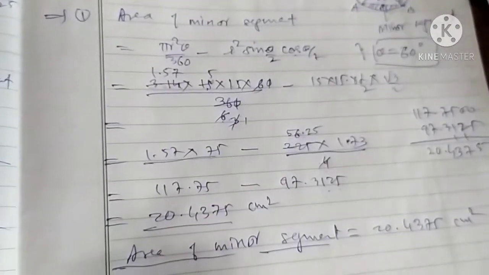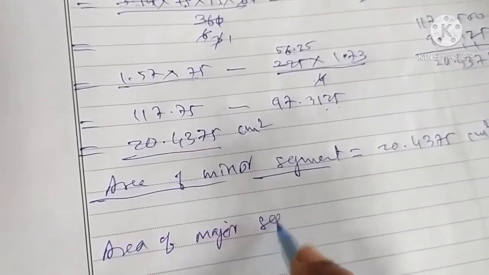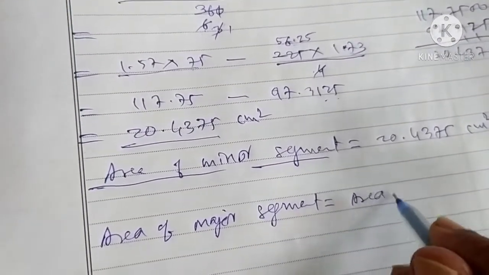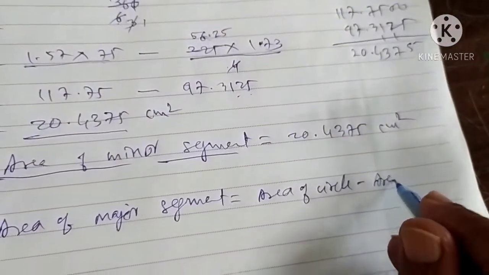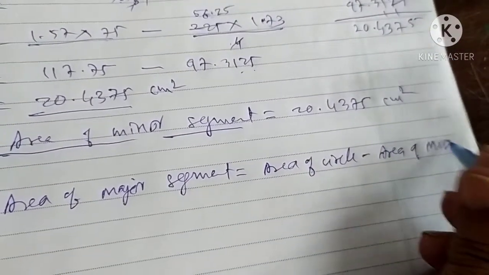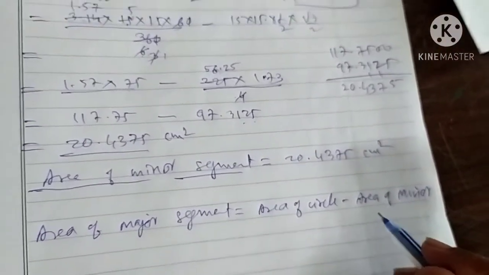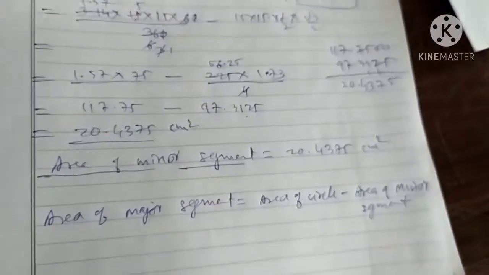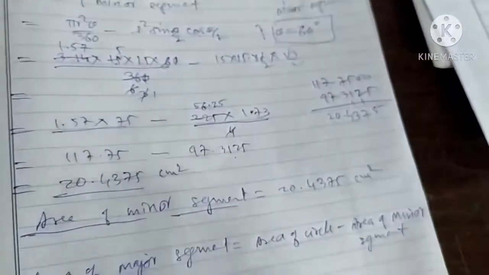So we can now write: area of major segment equals area of circle minus area of minor segment. You must write this, then only you will remember such steps are required. Otherwise, students fall into other calculations. Do you know what students think? Now we will find the area of the major segment, then we will subtract. That is becoming more work, right? There is no need to plan like this.